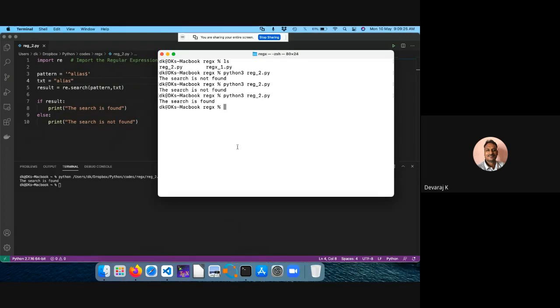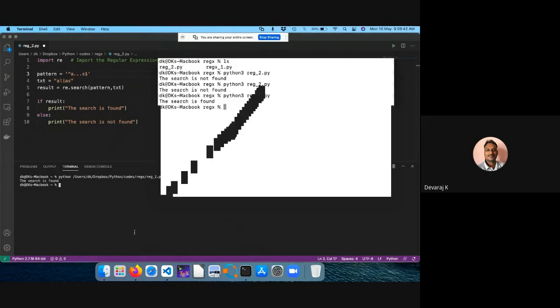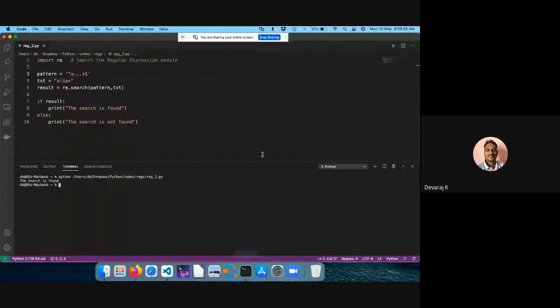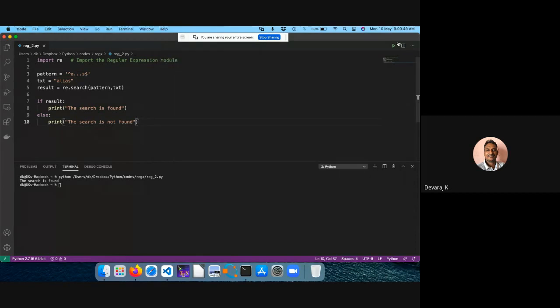So yes, I'm searching for only that particular word actually. So it is found. If I go here and put dot dot dot, then if I try to run this code, let me save it. If I try to run this code, it clearly tells that search is found.